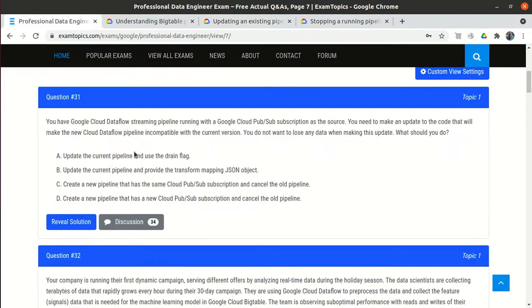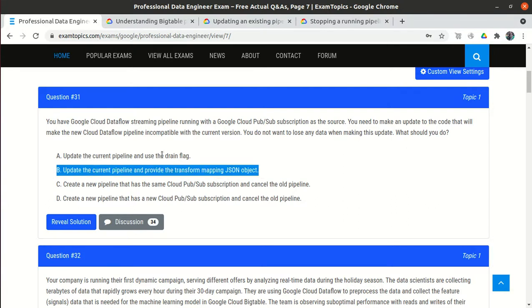It is mentioned here that if we update the code, it will create an incompatibility issue in the current version. So first we need to fix the compatibility issue. To fix it, we need to provide the transform mapping in the JSON object. Once the transform mapping is okay, then we can use the drain flag.